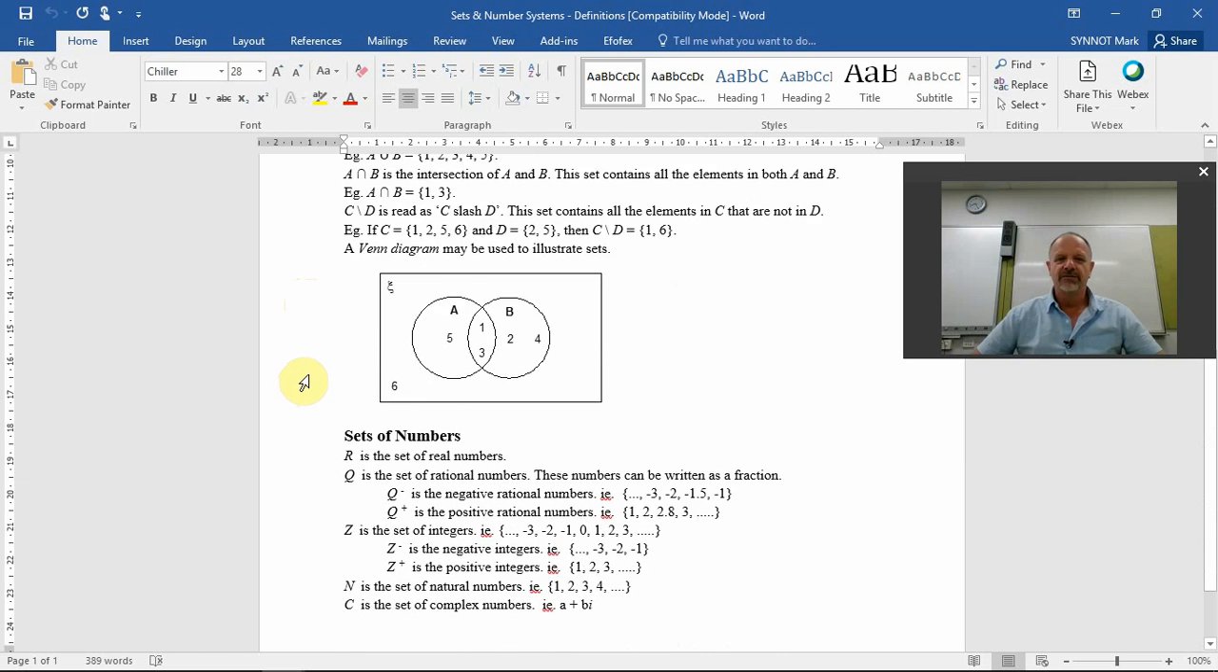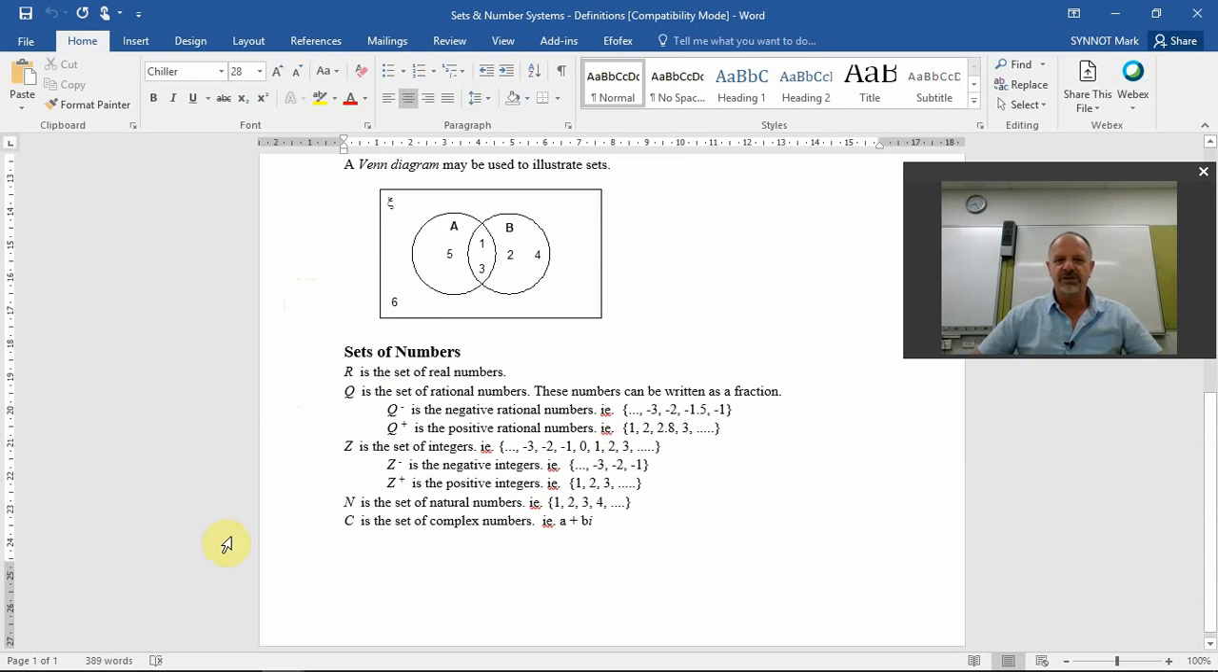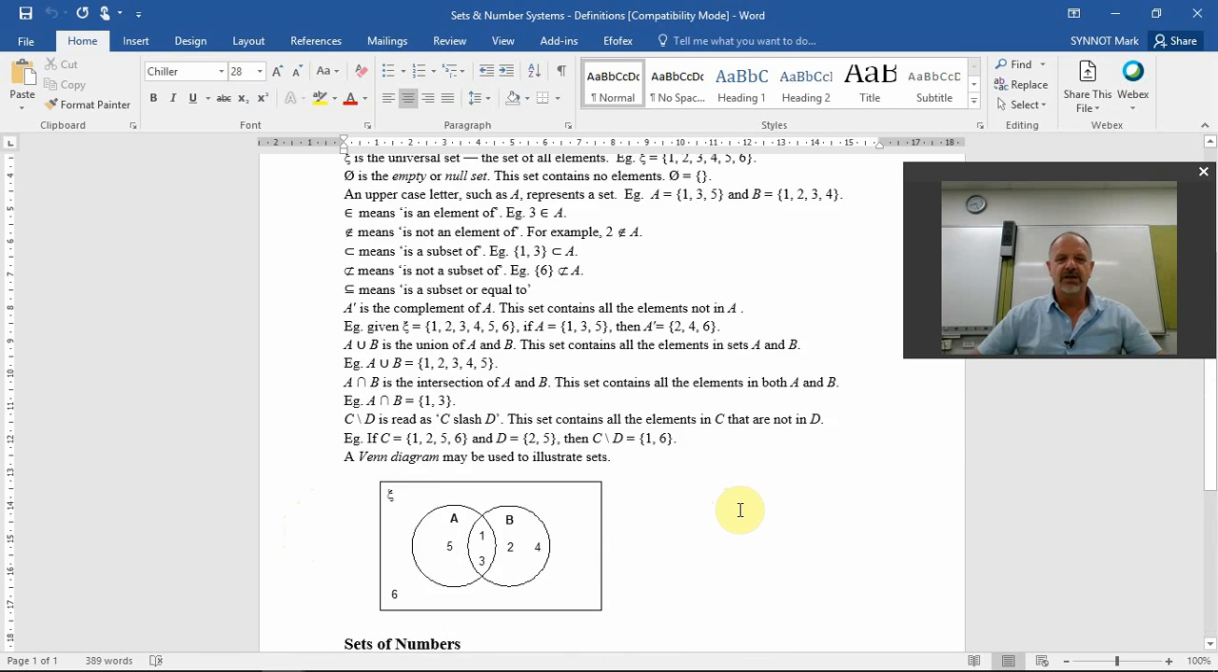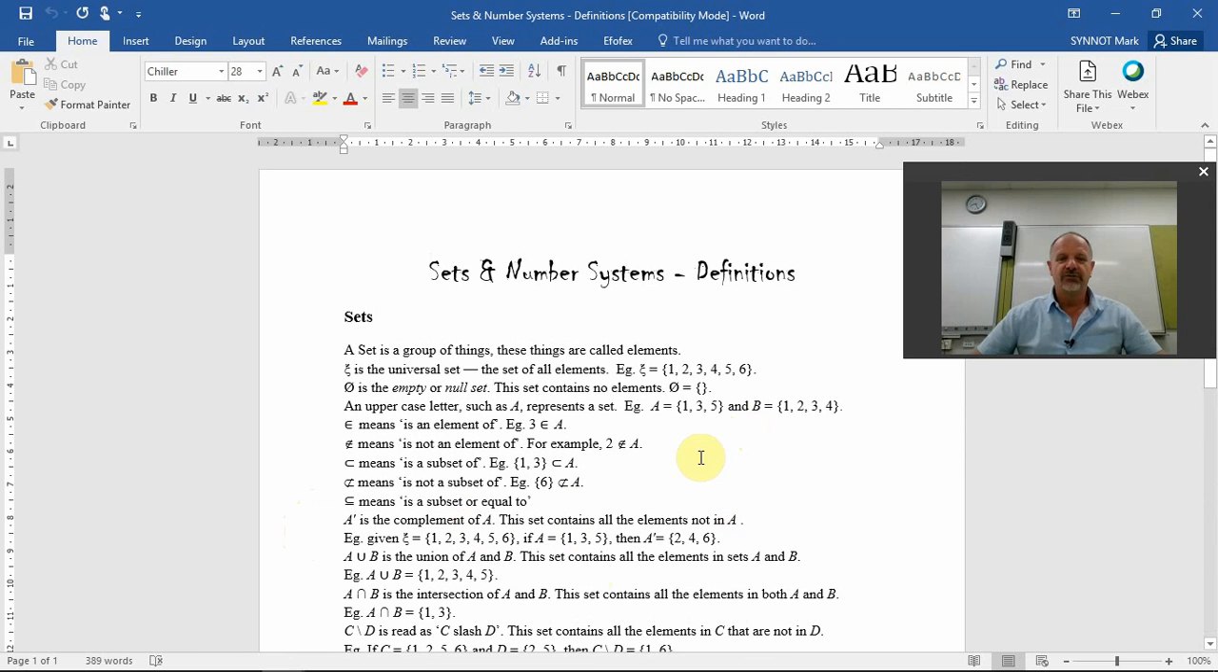Then some Venn diagrams, some sets of numbers, the symbols that are used for real numbers, Q for rational numbers. Z is integers. Sometimes you see J for that, but Z's the accepted convention. Natural numbers, counting numbers, N, and complex numbers, which we'll get to look at a little bit later in this course. Things called complex numbers. All right, so it's kind of a definitions page for you to refer back to if you forget what certain